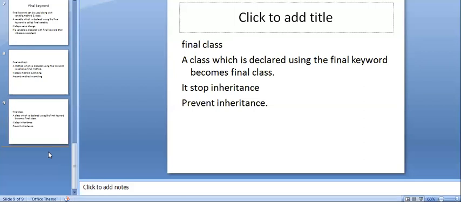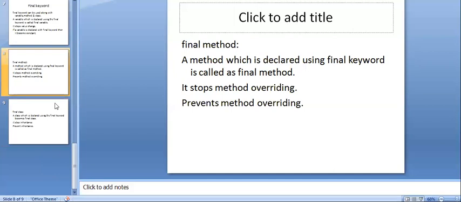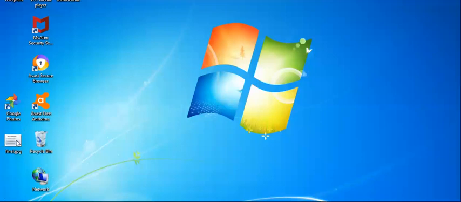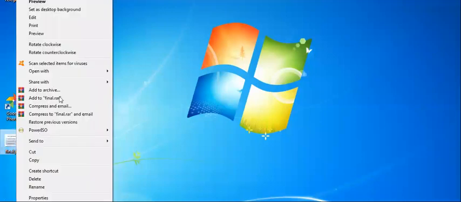Then we'll see some small code regarding the final class and the final method. Before that, we have one small PPT that I'll show you.